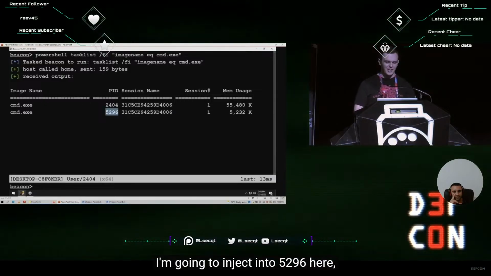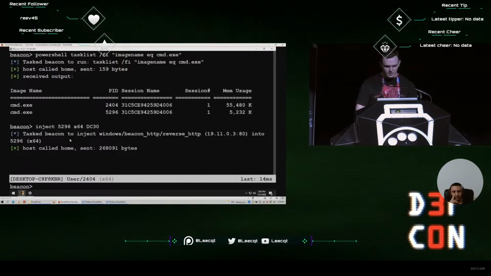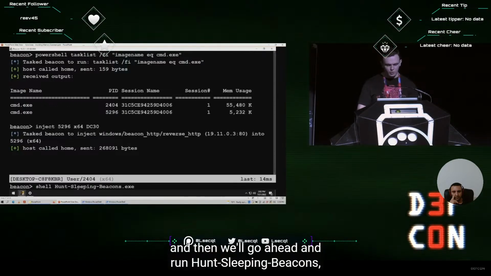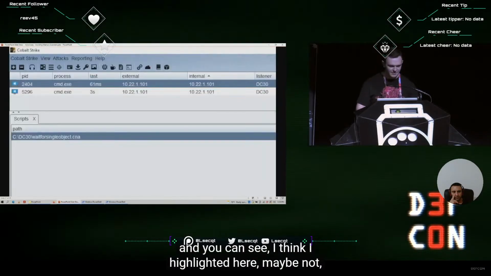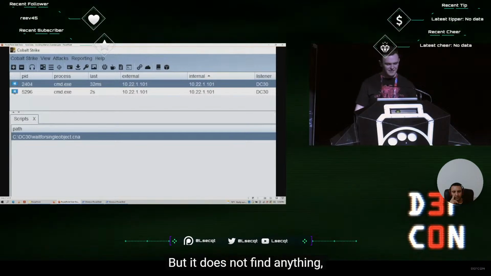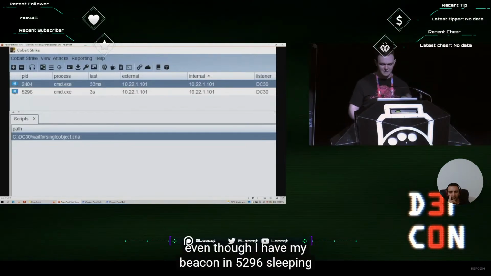I'm going to inject into 5296 here. And then we'll go ahead and run Hunt-Sleeping-Beacons, and you can see, I think I highlighted here, maybe not, but it finds 0 threads. The output's kind of verbose for that, but it does not find anything even though I have my beacon in 5296 sleeping and